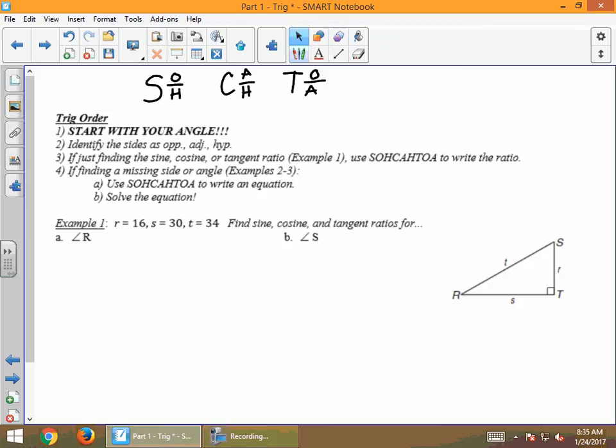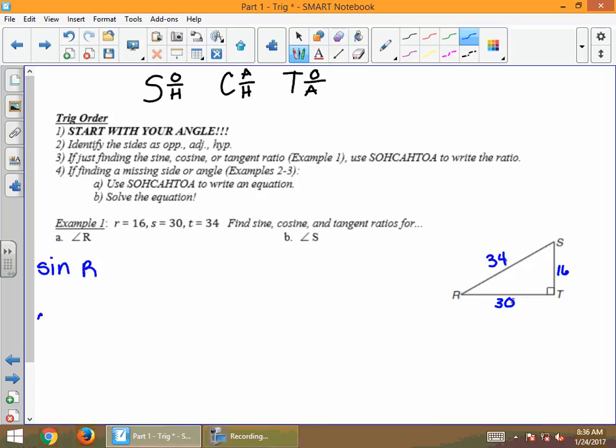So here in example 1, we have r is equal to 16, so this side right here is 16. s is equal to 30, so this side right here is 30. And t is equal to 34, so that side right there is equal to 34. So make sure you label those sides as well. And just as those steps, always start with your angle. And we're going to find the sine, cosine, and tangent